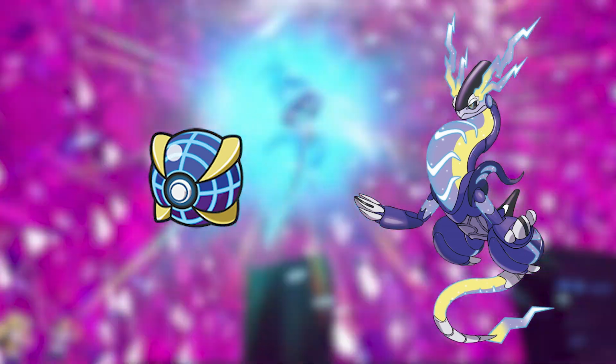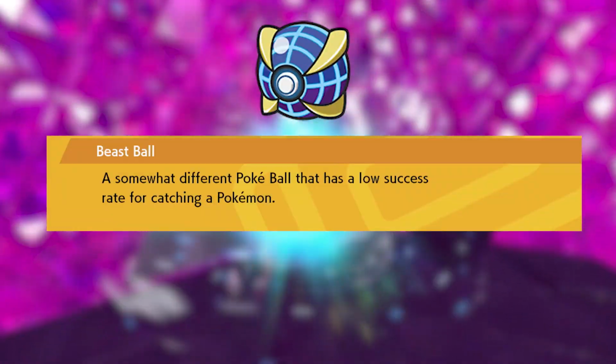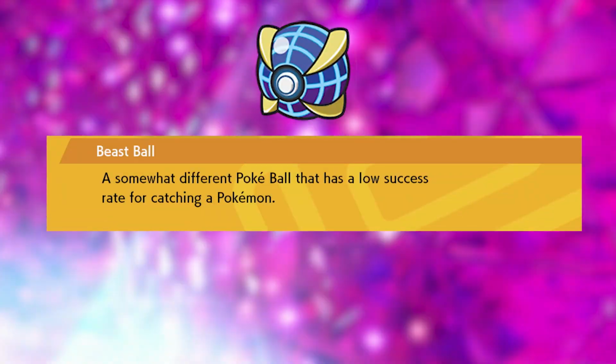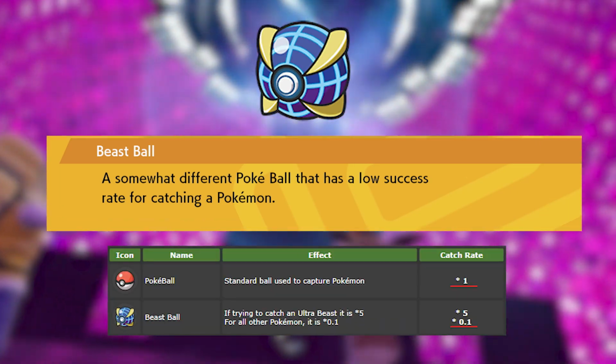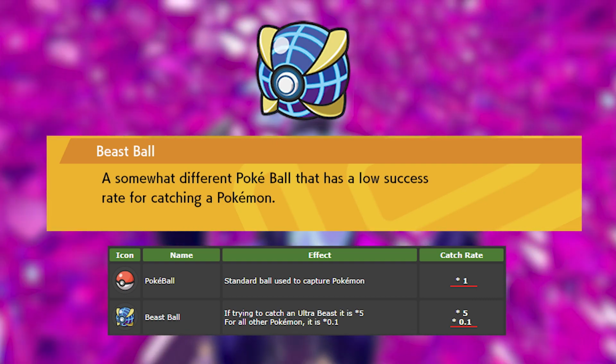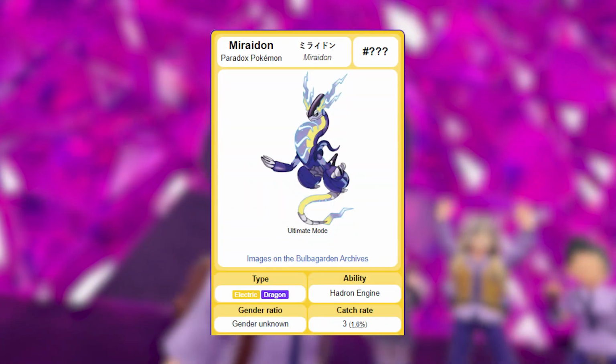As soon as he mentioned it, I realized how perfect of a match it was. Not only the color scheme, but the animations as well. The only problem is, the catch rate of the Beast Ball is incredibly low if you aren't using it on an Ultra Beast. In fact, you are 10 times less likely to catch a Pokemon with this ball compared to a regular Pokeball. Not to mention the fact that Miraidon ties with many other legendaries for the lowest catch rate